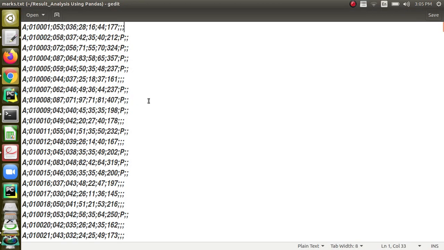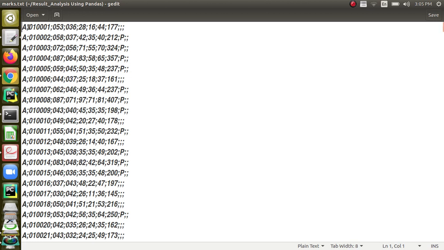We are going to basically work with this particular file which contains results of students who have appeared for the 10th examination. This is just a hypothetical, imaginary data set which contains totally 11 fields, and the field names are not present. This is also a way in which a data set can be present. The field names or the column names will not be available.